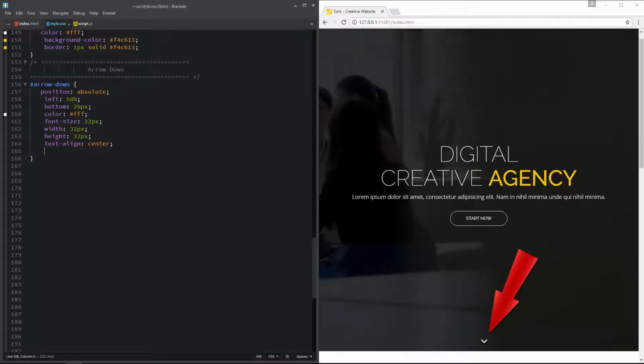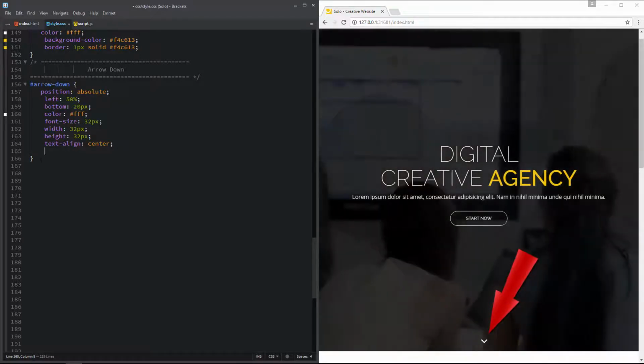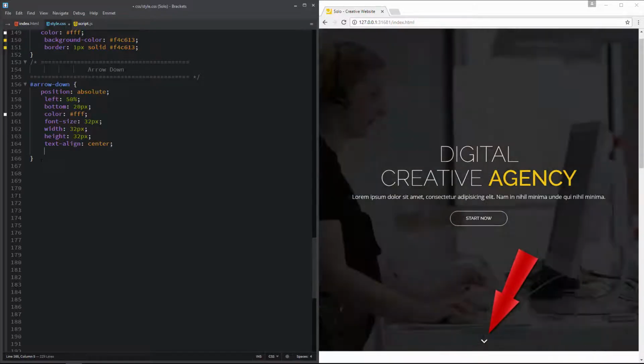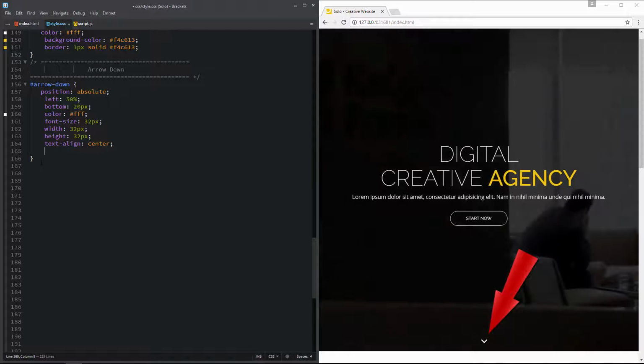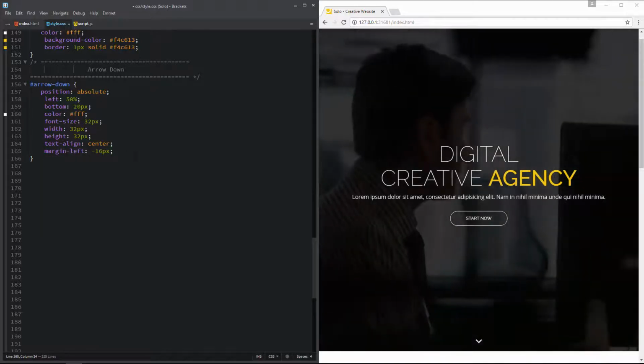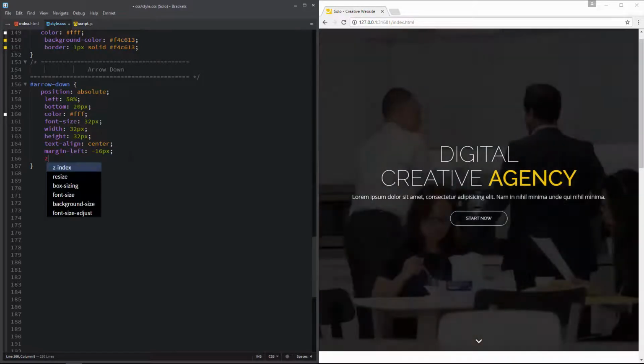If I remove it, you can see that it is right here, and if I put the negative margin again, you'll see it exactly in the center of home section. Without it, it is here, and with negative margin it is here. Perfect. Okay, one last CSS I want to apply to this arrow down element is z-index, and the value for z-index is 1